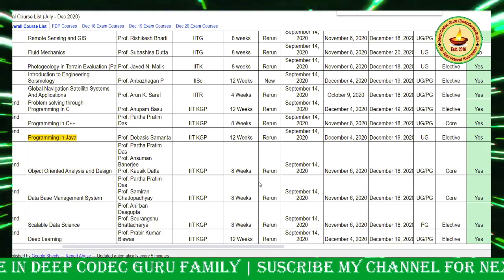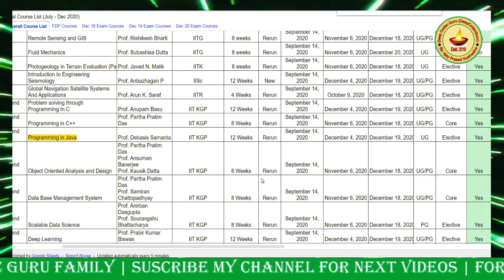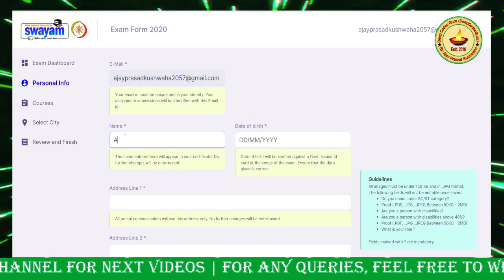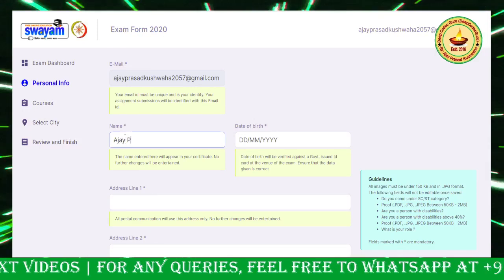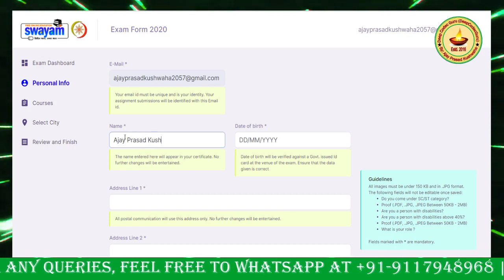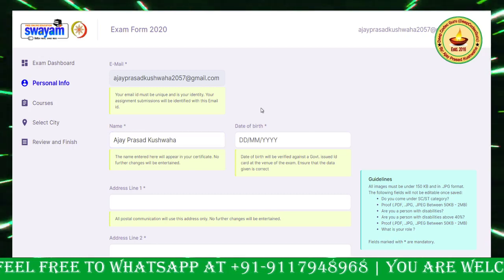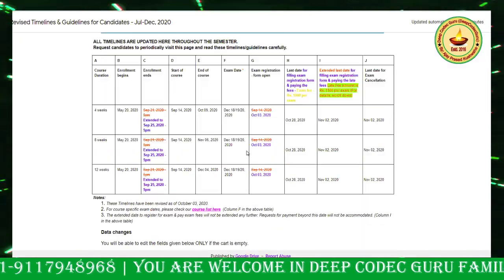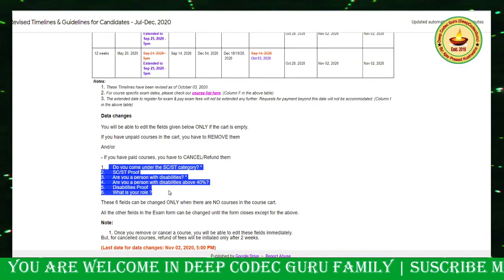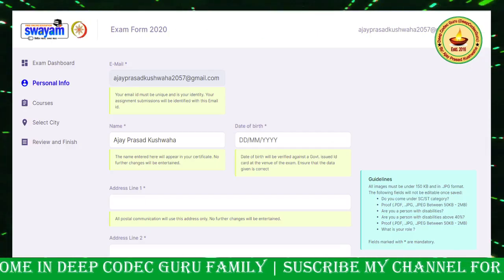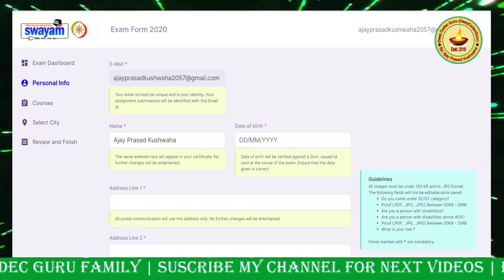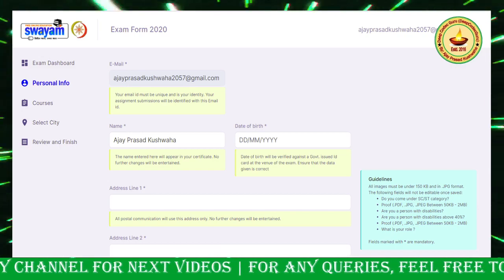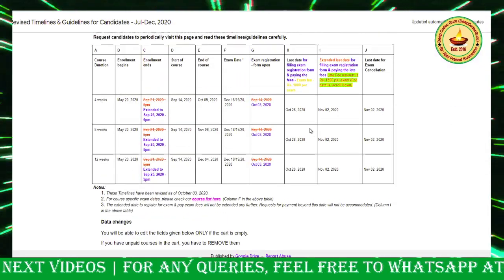Okay guys. So I have explained these things and now I am going to the form. So you have to give the name that is available on your certificate or on your Aadhaar card. Okay guys, except, let me also add something more. Except these 6 fields, you can change other fields any number of times till the last date of exam registration. And I will also show you what the last date of registration for the examination is.